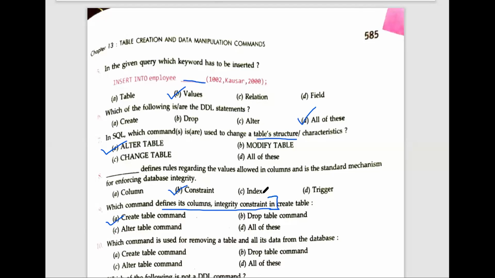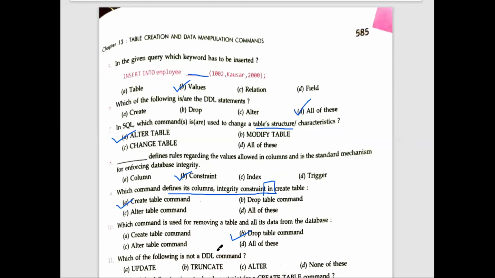Sorry, it is given in create. So the answer is the create table command only. And question number 10 was, which is used for removing a table. If you want to remove the table, I think everybody has given the correct answer, that is drop. Then the next question is, which of the following is not a DDL command?